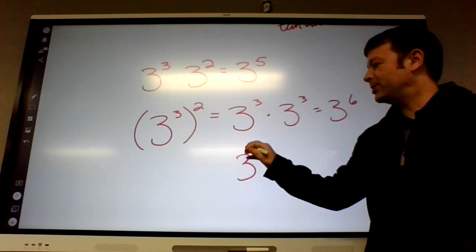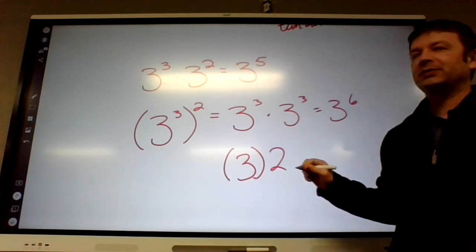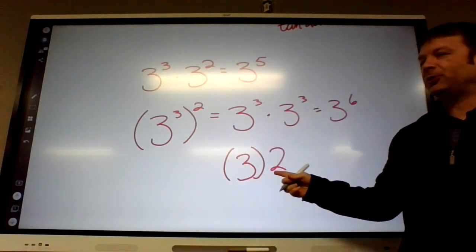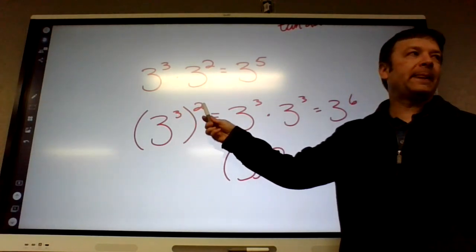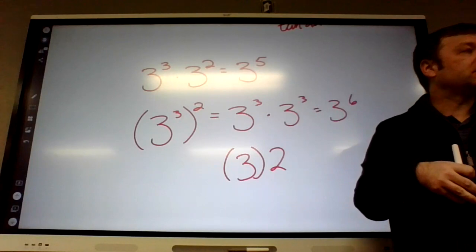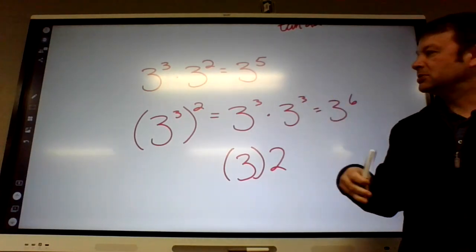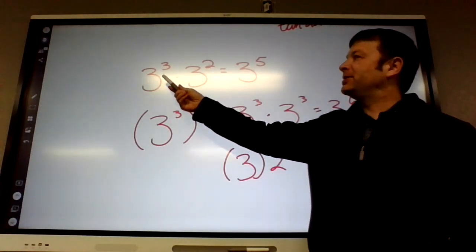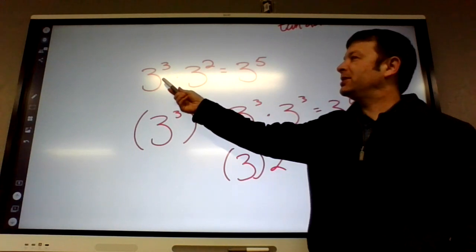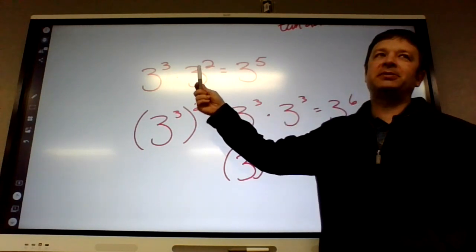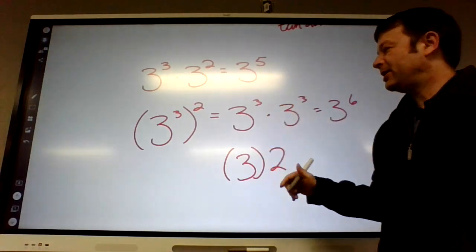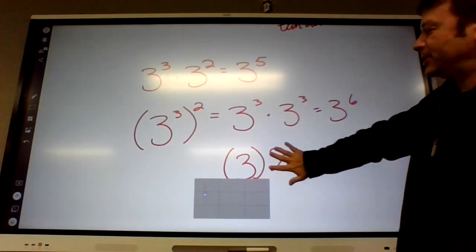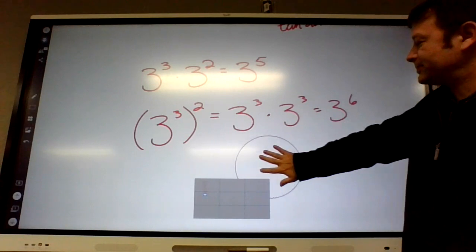What does it normally mean when I have parentheses like this? That does mean multiply, so that can help you remember. This is a multiply. Okay, so you guys think you can remember the difference between those two? Okay, we're not really doing this next thing today, but